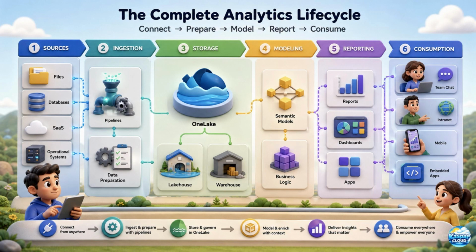From there, semantic models are created and visualized through Power BI reports, dashboards, apps, and embedded analytics experiences. Users can consume insights through browsers, Microsoft Teams, SharePoint, mobile devices, email subscriptions, or integrated business applications. This connected lifecycle is one of the main reasons Microsoft Fabric and Power BI are powerful together as a unified